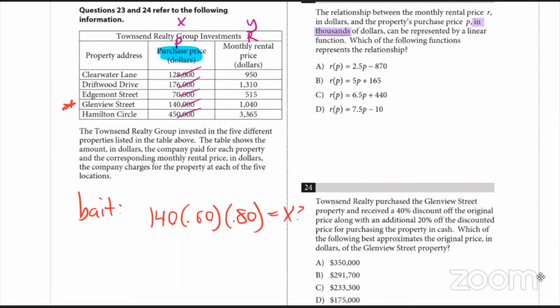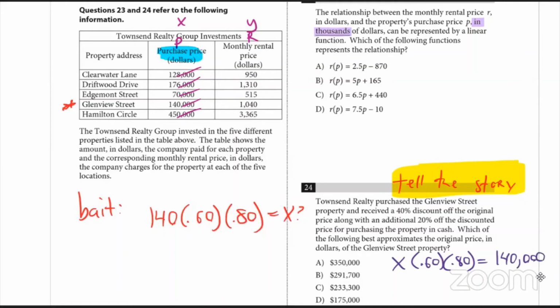But that's actually wrong because what we need to do is tell the story. And stories would not be proper stories if they're not in the right order. So the order is that there was an original price that doesn't show up on this chart because the chart is labeled purchase price. But from that original price, there was a 40% discount, which means we kept 60. And there was a 20% other discount, which means in that moment we were keeping 80%. And when that happened, it resulted in a purchase price of